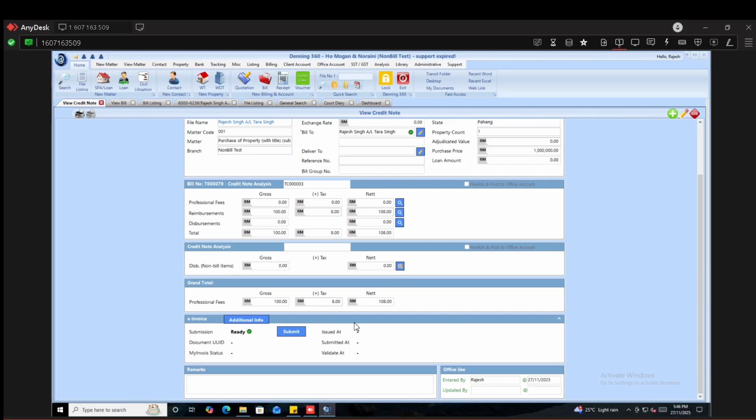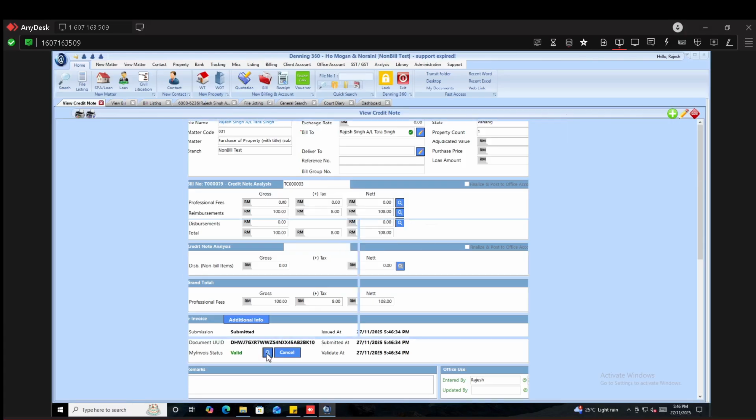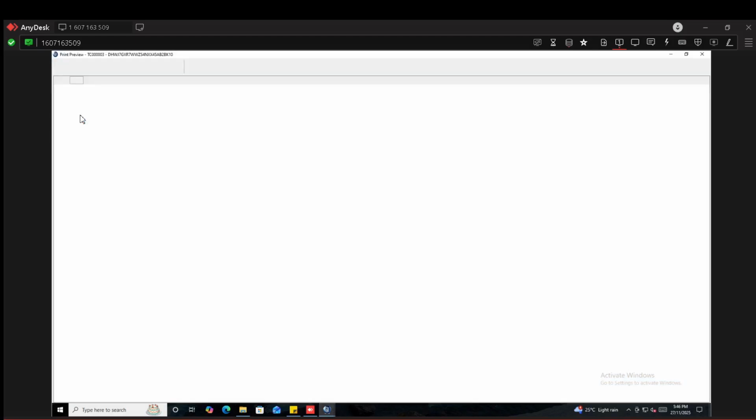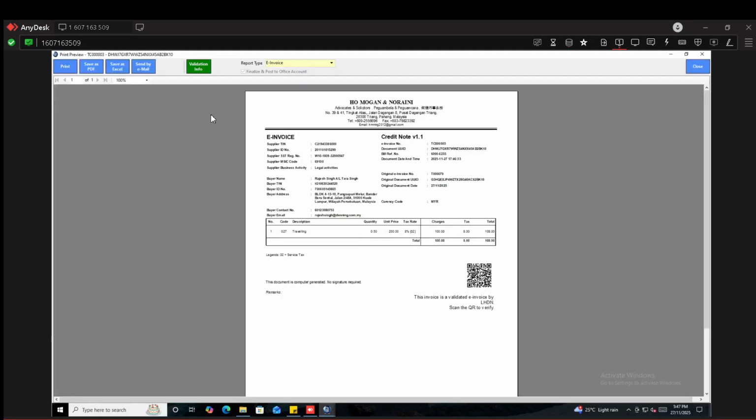Okay, submission status is ready. I can submit. I click submit. I have clicked submit. Valid. Click on the magnifying glass, and then you, okay, my invoice document, you can view, okay, credit note, traveling, 200 ringgit, okay, change to 100, or unit price is if you change to 100 ringgit, it will appear as 100 ringgit, okay, but the credit note,